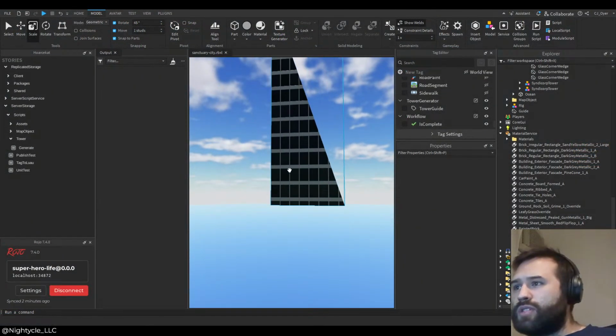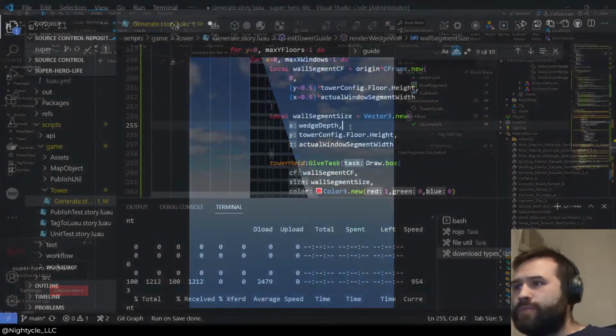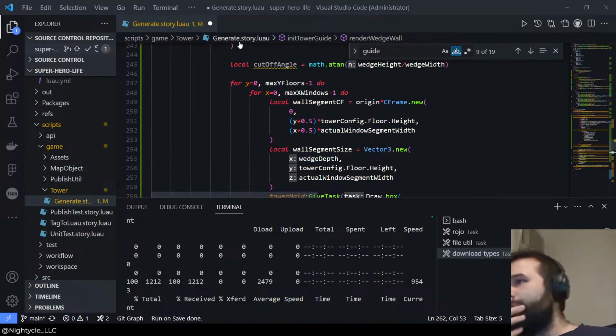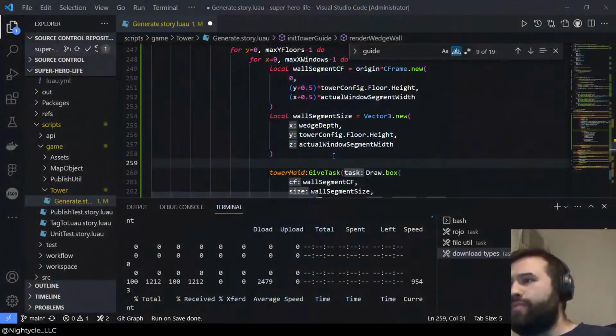Okay, so if we're assuming that it's starting over on this end, let's have it debug a bit. How about we will do